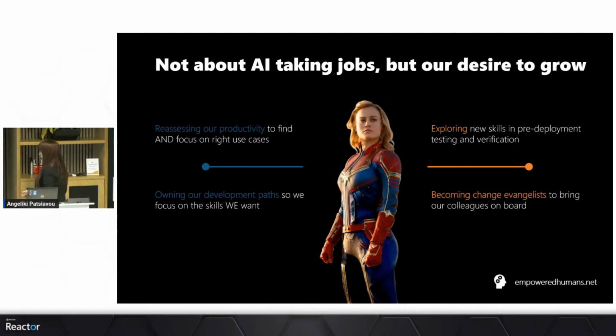Another one is becoming an evangelist. So if we think that the train has already left the building and it's a case of, are you going to get on board or are you going to be left behind? We don't want to think about being left behind, but we also don't want to think about our teammates being left behind. So if we become our own versions of an evangelist and get other people on board, then the